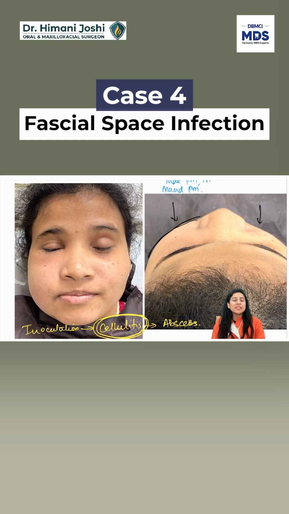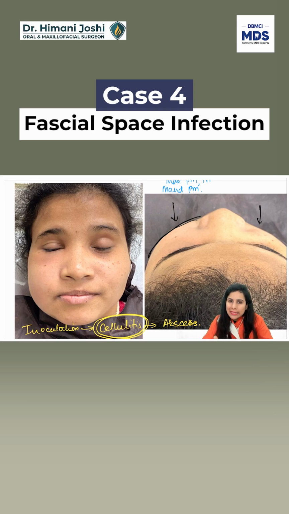Okay, in the abscess stage, most of the bacteria are anaerobic, which is why we give anaerobic antibiotics, drugs which act against anaerobic pathogens like clindamycin or metronidazole. Okay, so inoculation, cellulitis and abscess, 3 stages. This patient was in abscess stage, so we drained, we took the pus, sent it to culture. Along with that, we started empirical antibiotics like penicillins or cephalosporins with an anaerobic cover of metronidazole or clindamycin.